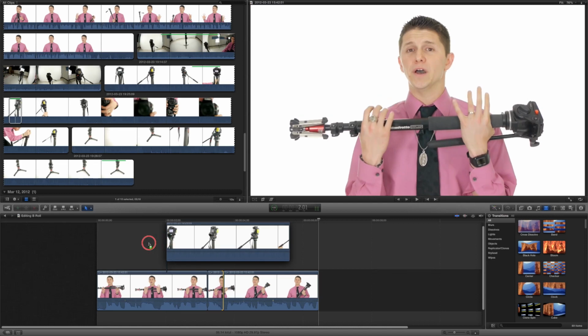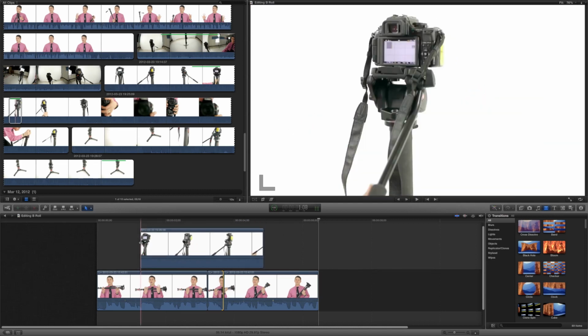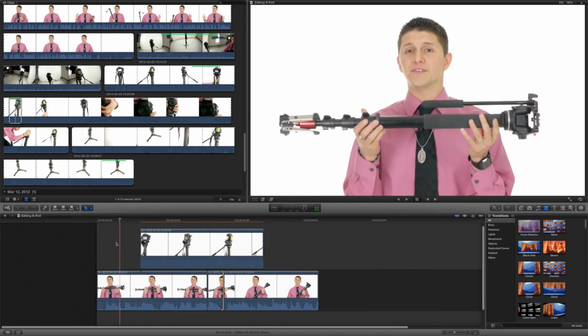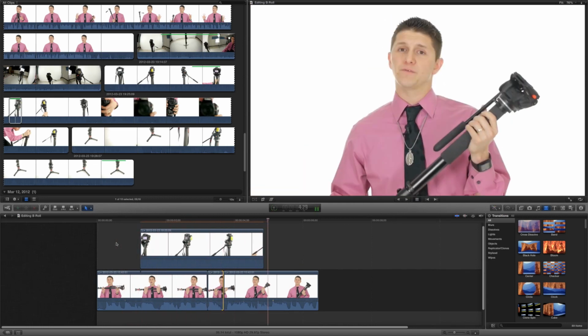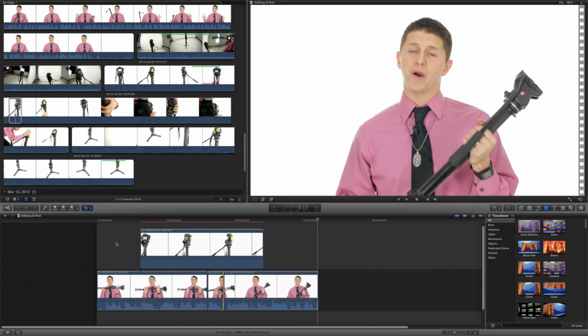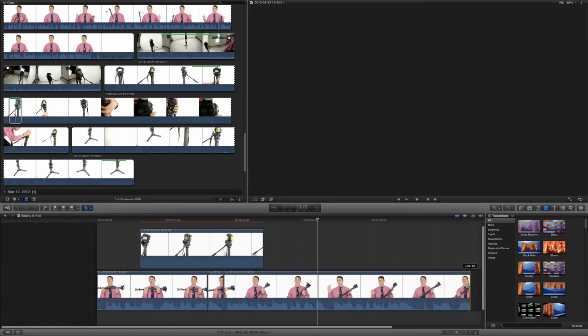It's extremely easy, just drag and drop. And I will put this here, and let's take a look how that looks. This is the 561 BHDV from Manfrotto. This is the most expensive version of that monopod. Easy as that. Now, just for fun, I will extend this clip out a little longer, because it's always helpful